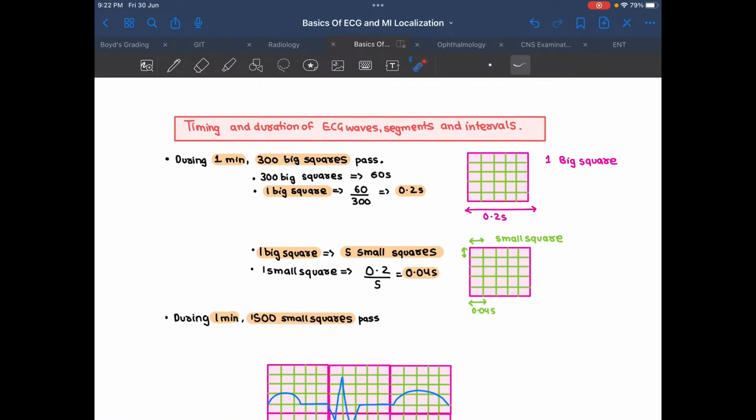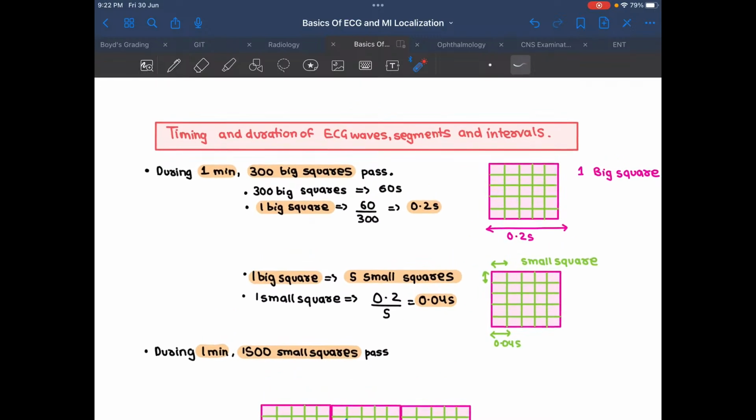So what are the timing and duration of the ECG wave segments and intervals when you plot on an ECG paper? During 1 minute, I'm going to see, as I saw just now, that my speed of the ECG paper is 25 millimeters per second. That is standardization, normal standardization. So during 1 minute, it's going to have 300 big squares. So what is this big square and all of this? Okay. So just remember that 25 millimeters per